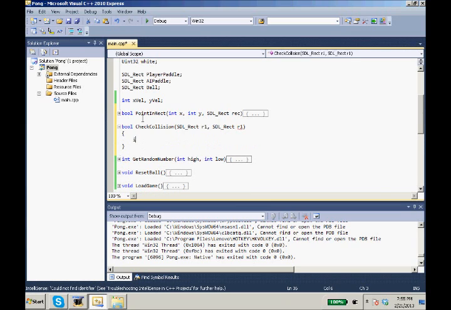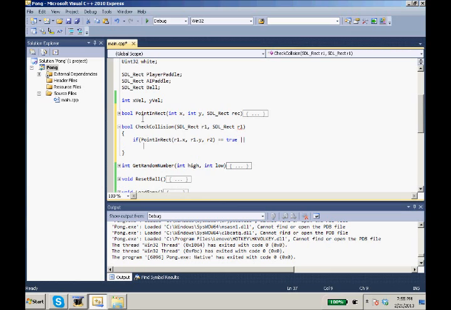Now, if point in rect r1.x, comma r1.y, comma r2, if r1.x and r1.y, if the point is in the rectangle, if that equals true,